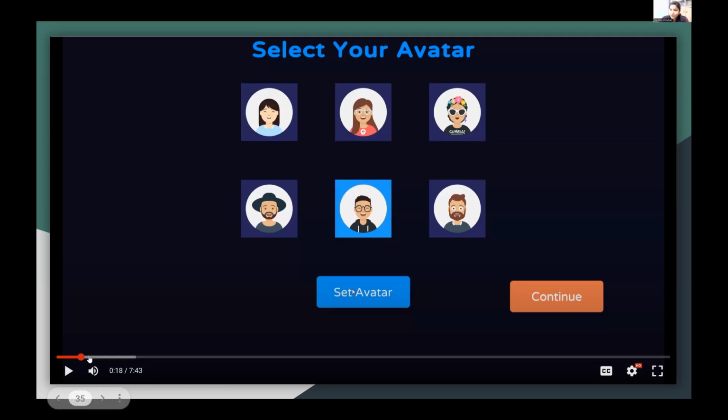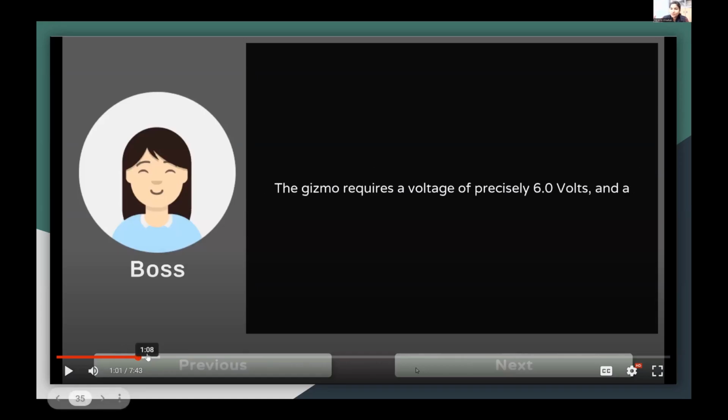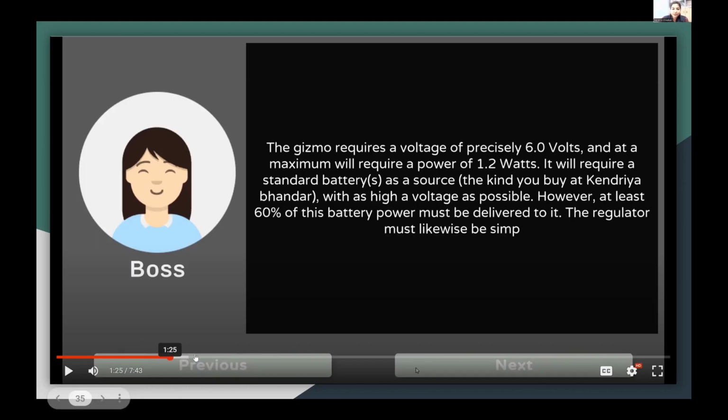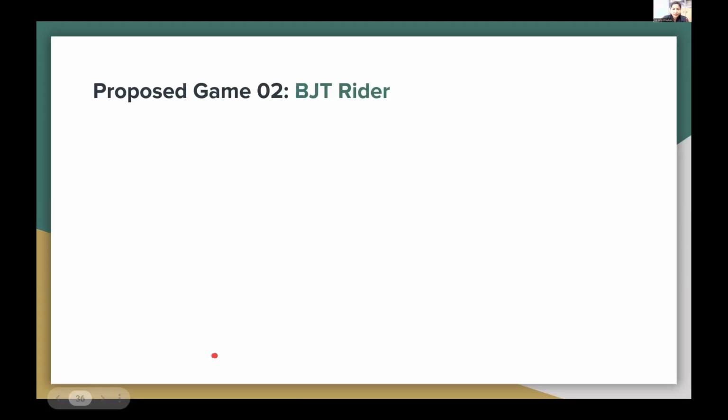The first idea is to select an avatar, and in the story, the boss actually comes to the player. So the player is the protagonist, and the boss comes and explains that some big shot client is coming, and this is a gadget that they want to use. This is the specification, but they urgently need a voltage regulator. So once the specifications are understood, the design engineer, that's the player, that's you, goes into the simulator and